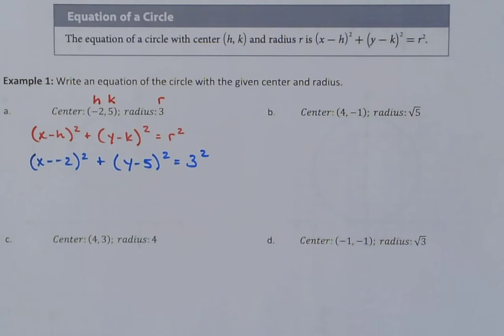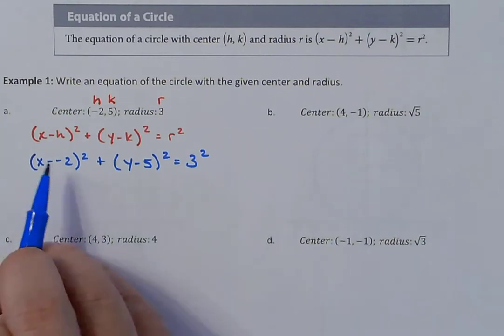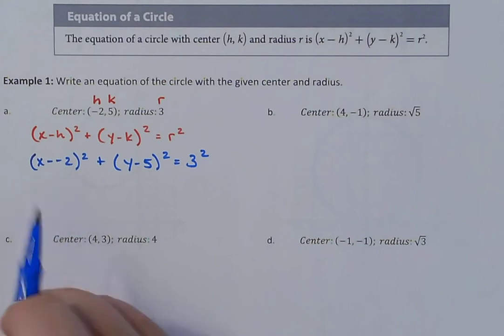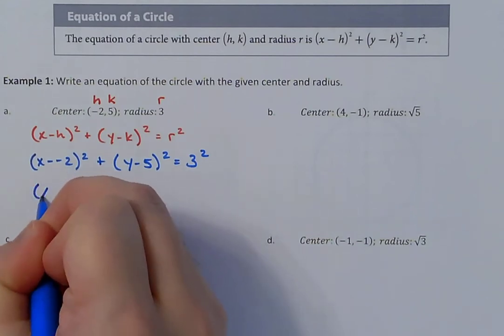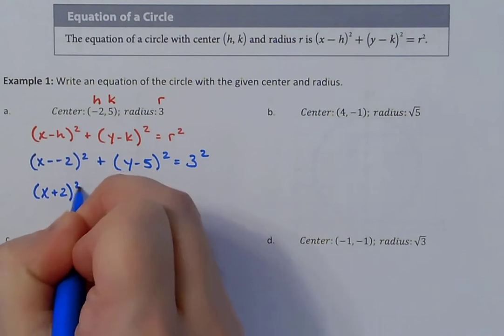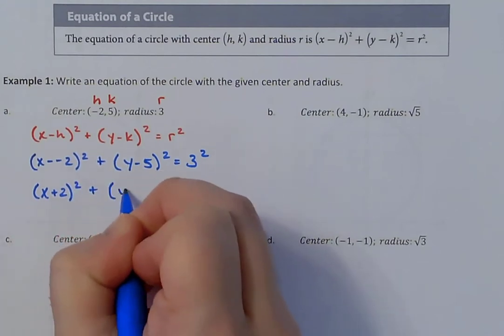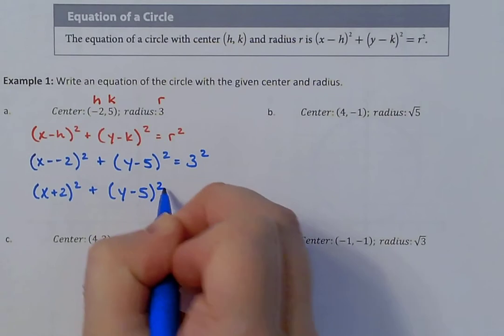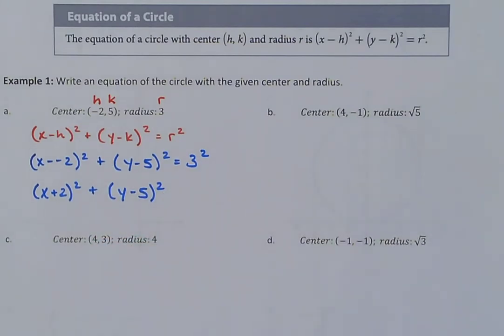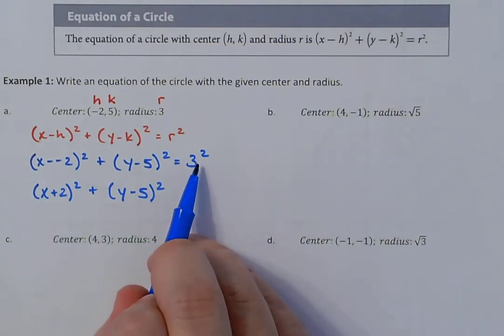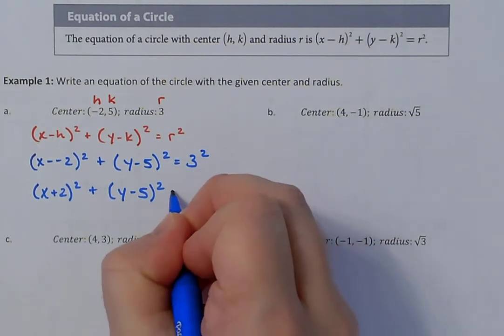The key things for simplifying is anytime you have minus and negative, you need to change it to a positive, and then we need to evaluate the 3 squared at the end. So because this is x minus a negative 2, that becomes x plus 2 squared plus y minus 5 squared is going to stay the same. That's simplified as is. And then all we have left to do is 3 to the power of 2, which